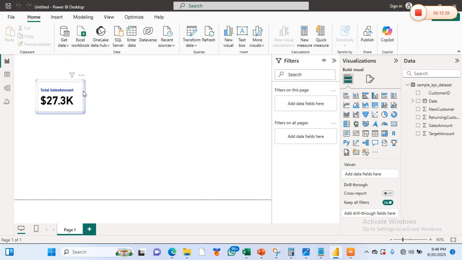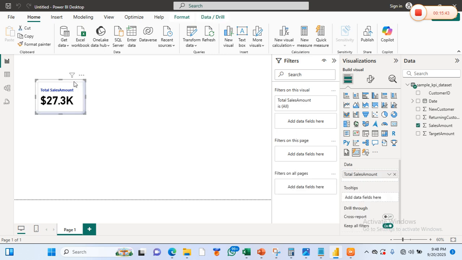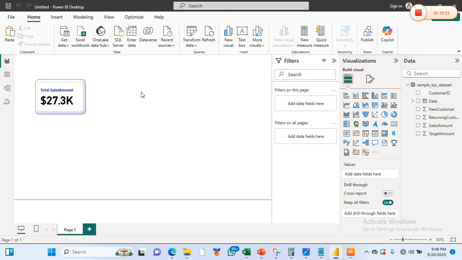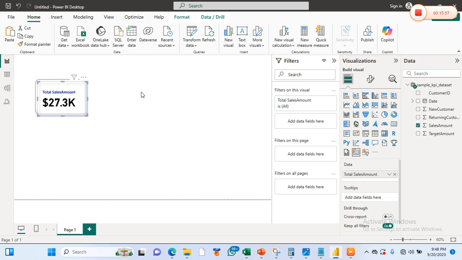I can right click and copy this visual because I want to model like 4 of these, right? So I'm gonna paste it with Control V. 1, 2, 3, 4, right?